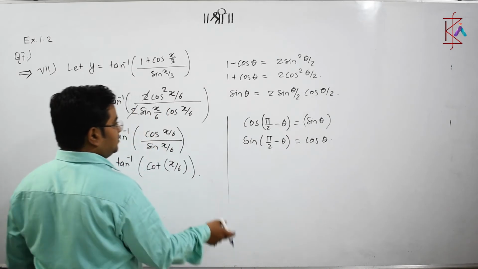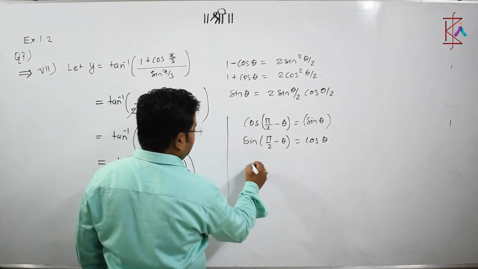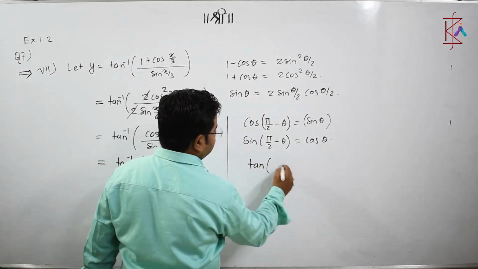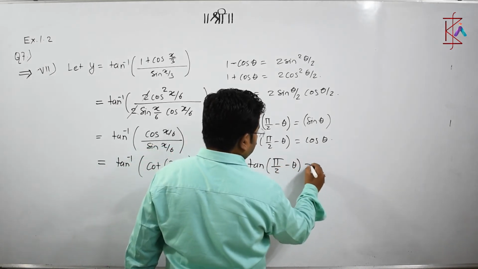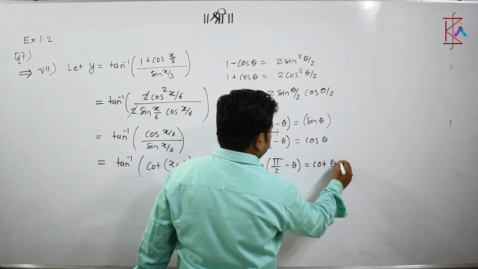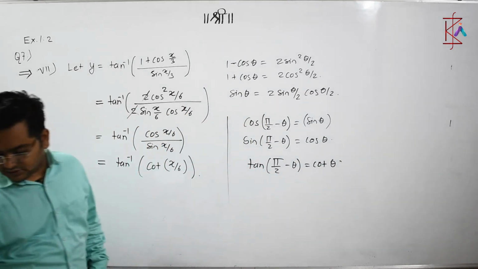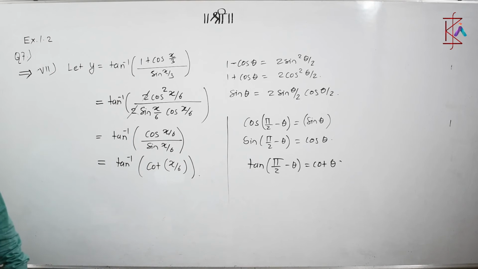Okay, so using this terminology we can simplify it, and again we have tan(pi/2 minus theta) is equal to cot theta. Just check it once whether we are right or wrong. We need to apply these formulas most of the times. Within this parameter we are applying them. Now what should be our next step?